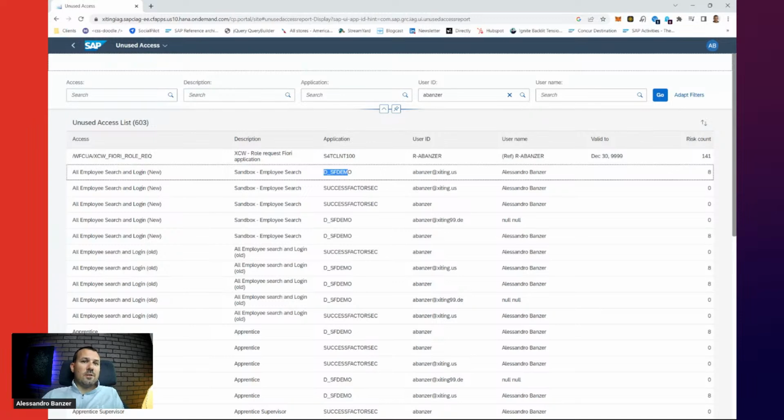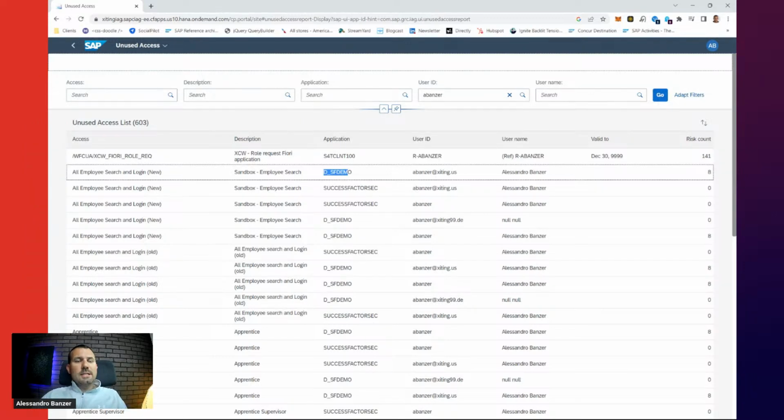For that, we have to use other tools, like Exciting provides tools, with the productive test simulation to simulate productively whether something is not used. But IAG is not on that level. It's really just on transaction level. That's where you have to be careful. That's why we have third-party solutions that can really do that all the way down, so we can be 100% sure something has not been used or will not be used going forward.